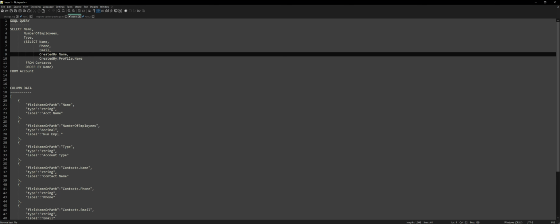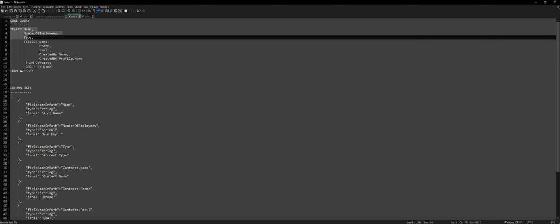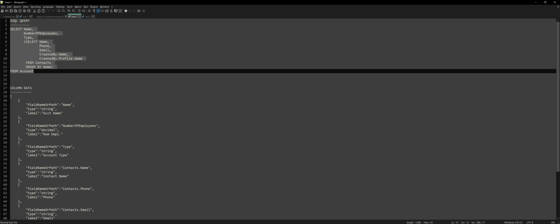And then inside that, you can notice that we have created by .profile.name, created by .name. These typically wouldn't get used, but this is just to show that we can go many levels deep within our custom query. This particular feature is available in the core list views as well. So we're really showing 4 or 5 levels deep here,